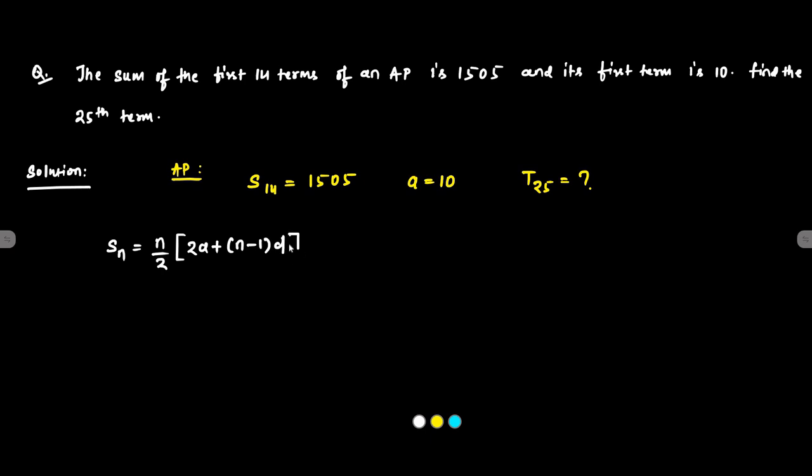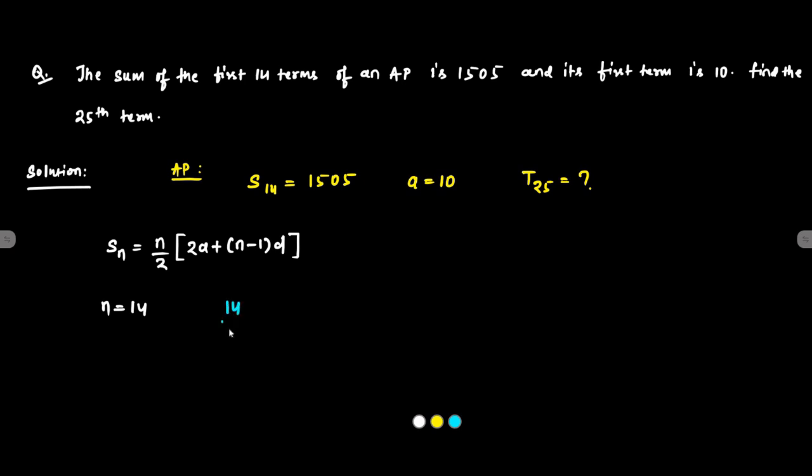Okay, Sn is equal to n by 2 [2a plus (n minus 1) d]. So here we have n is equal to 14, Sn is equal to 1505. So if we put the value here, we will have